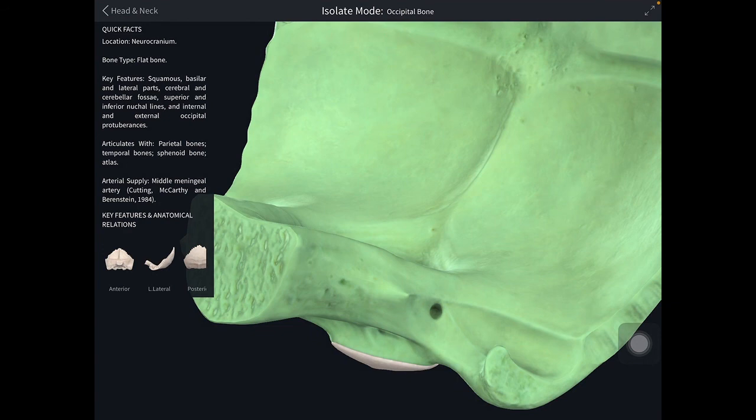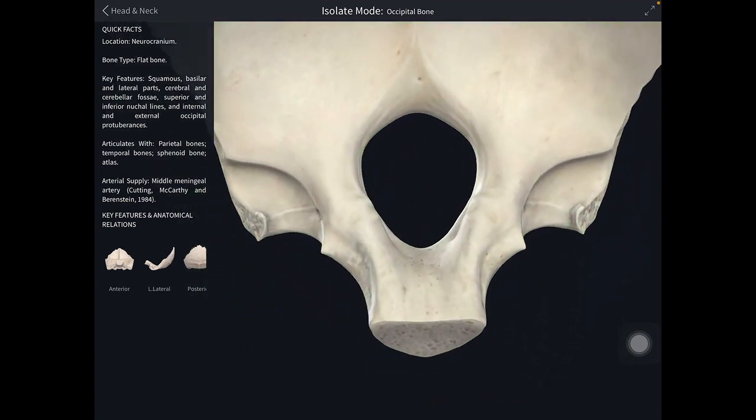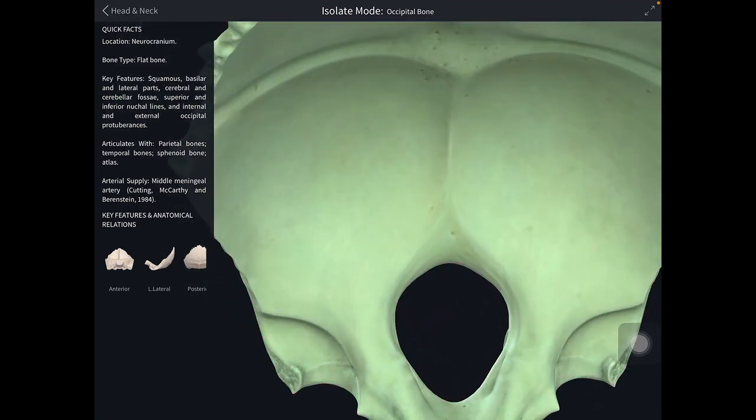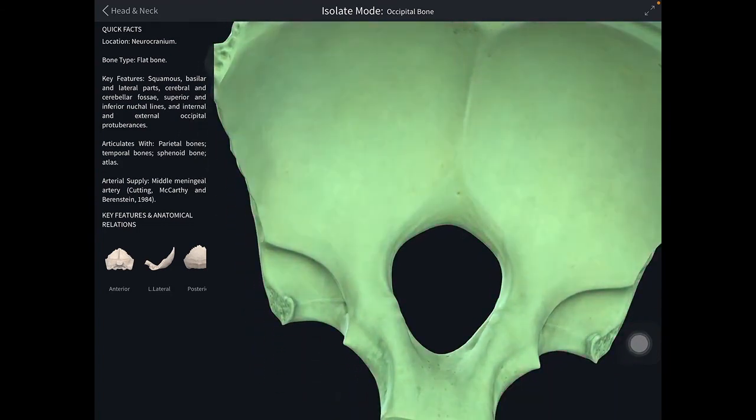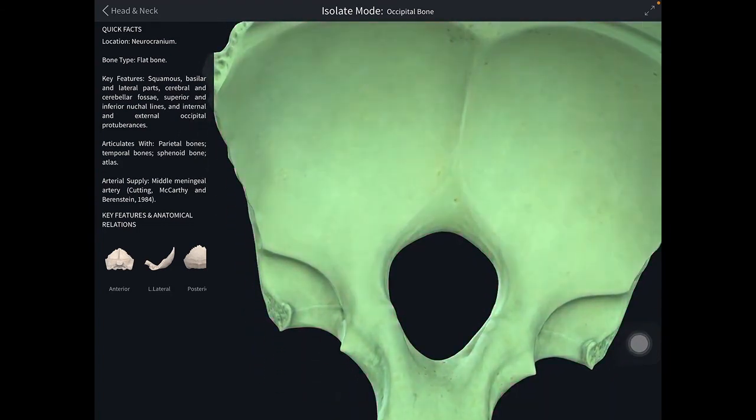Now we will see the condylar parts. On each side of foramen magnum, you are seeing the condylar parts. Each is situated by the side of foramen magnum, and it presents the condylar part proper and the jugular process. So on each side of foramen magnum, that part is the condylar part. Projecting on each side is the jugular process. Now we will see the condylar part proper.